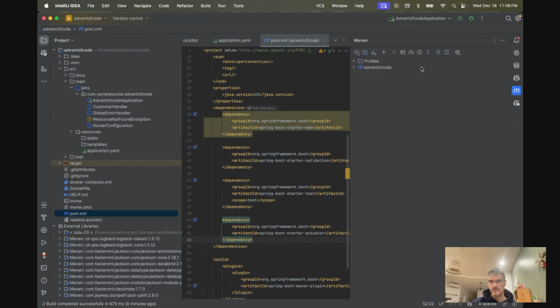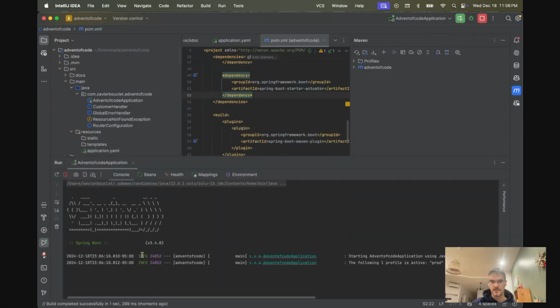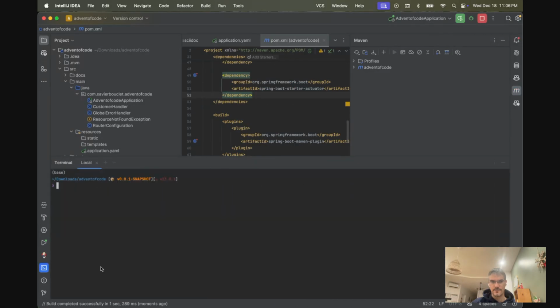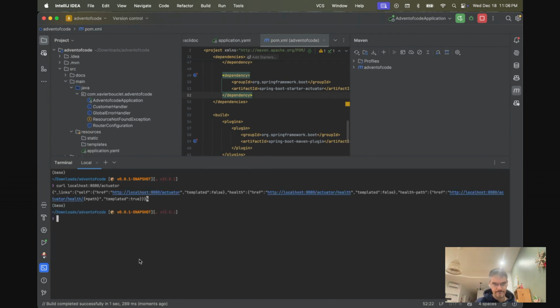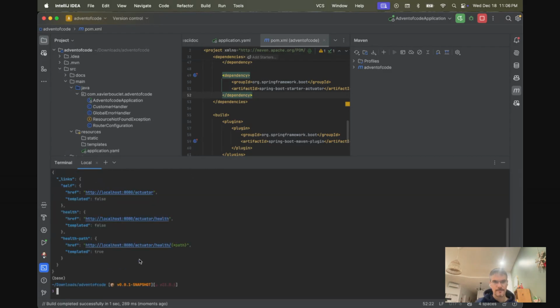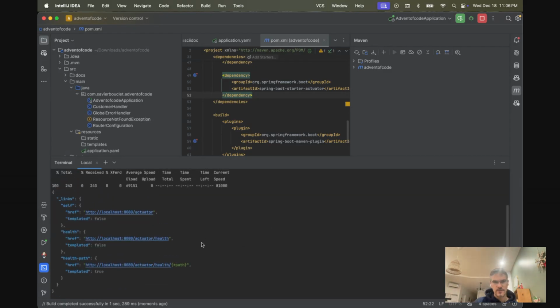Let's refresh our application. Let's start it again. And let's see what we got in our Actuator endpoint. So we don't need to do anything. There's some stuff available. So let's call get on Actuator. Actually, let's format that. So as you can see, we have